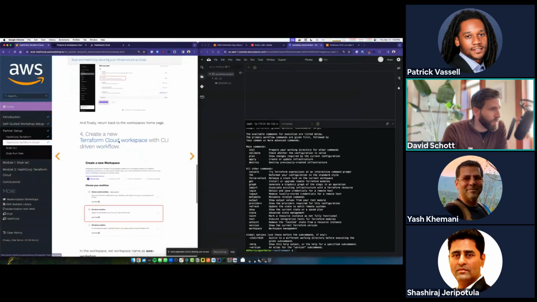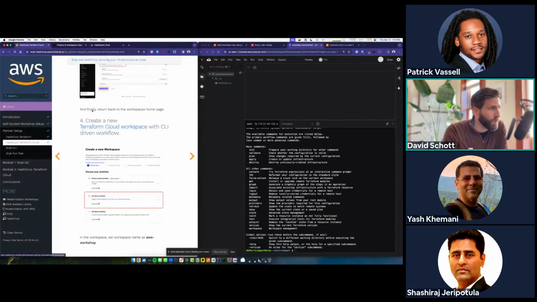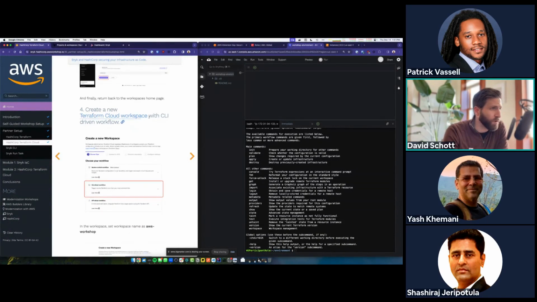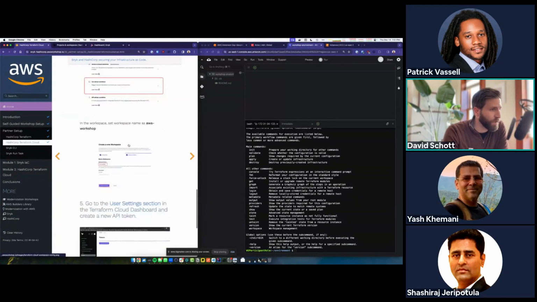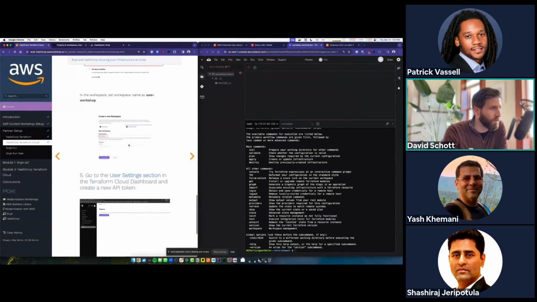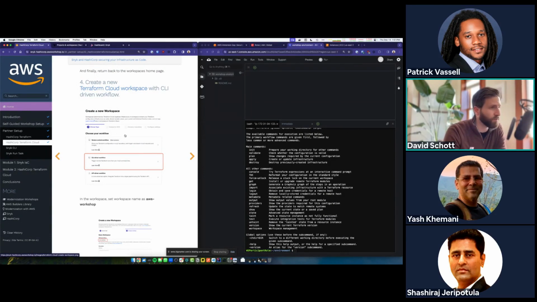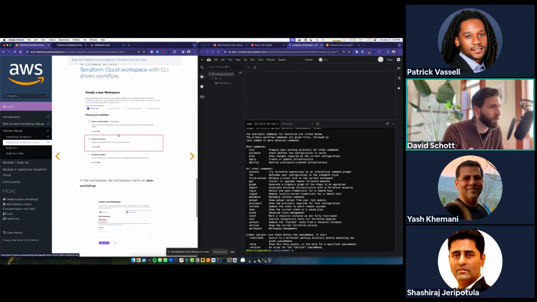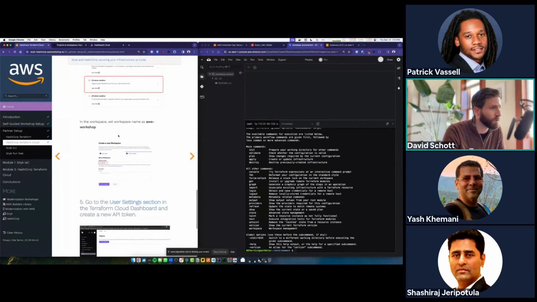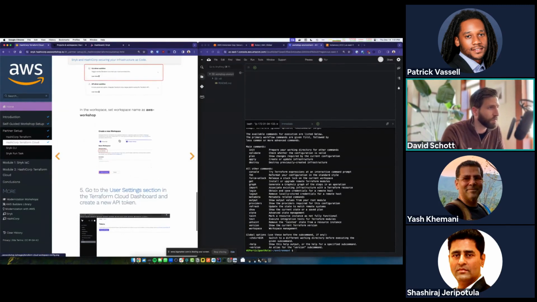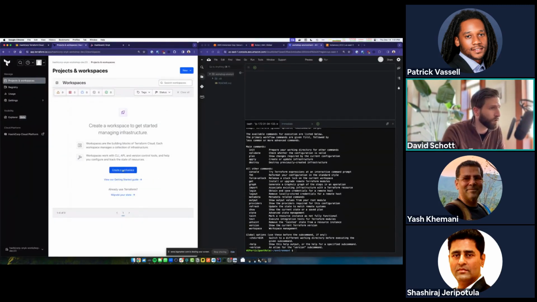But what we really need is, once we're in Terraform, we need to create a workspace, and we're going to need to get a token, a user token, just like we have an AWS user and an AWS token. Same thing in Terraform. We need a Terraform user and token out of a workspace. So let's go ahead and do this. In Terraform, we're going to create a workspace.